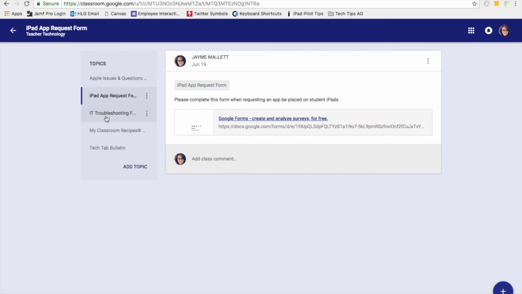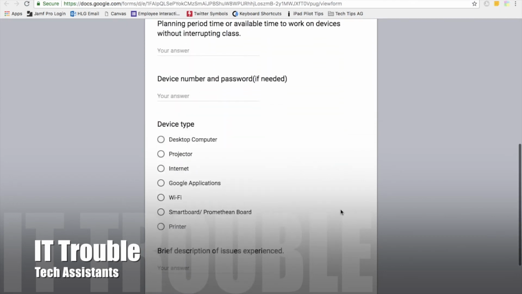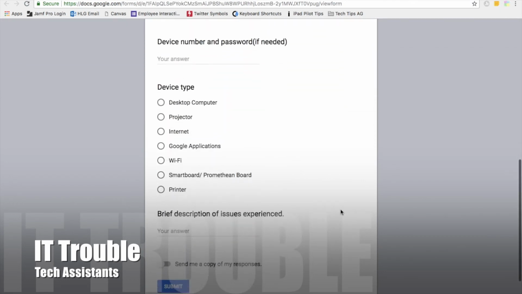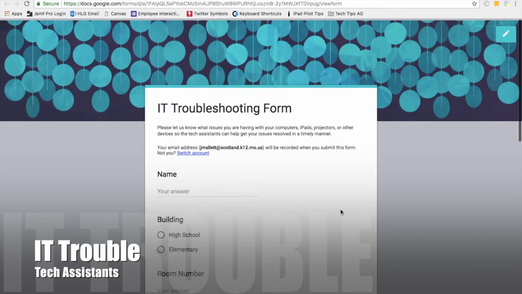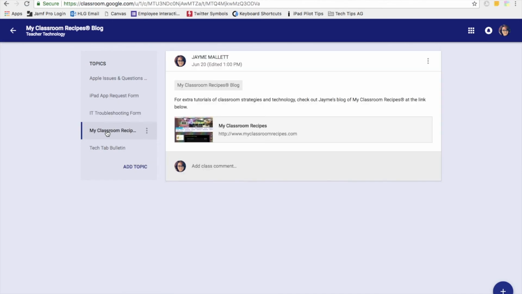Also, the IT troubleshooting form. If you are having trouble with printers or projectors or any kind of technology that is not Apple related, you can go ahead and fill out this form and our tech assistants will get to it as fast as they possibly can. If you click on My Classroom recipes, I run an educational blog and it has technology tips or classroom strategies,